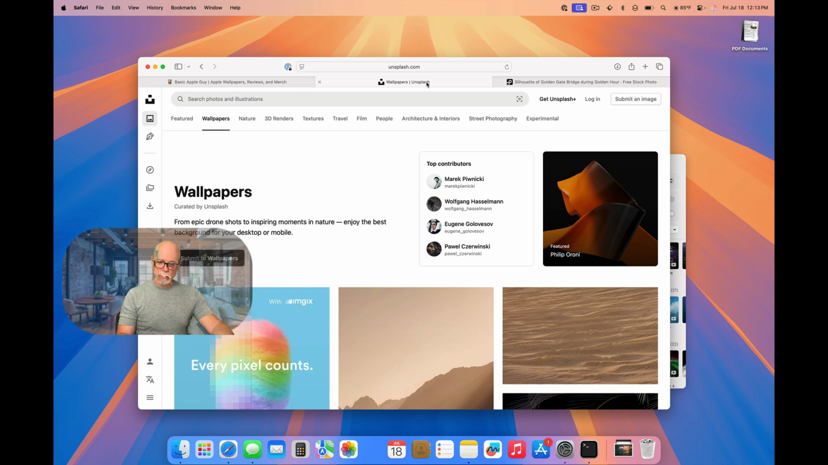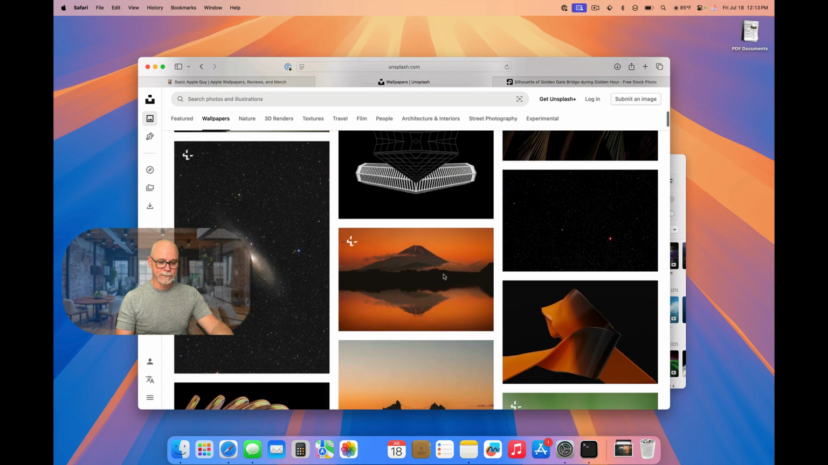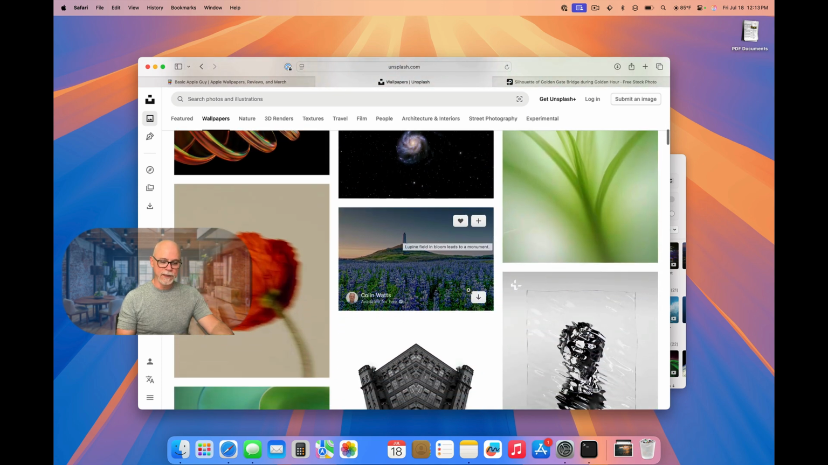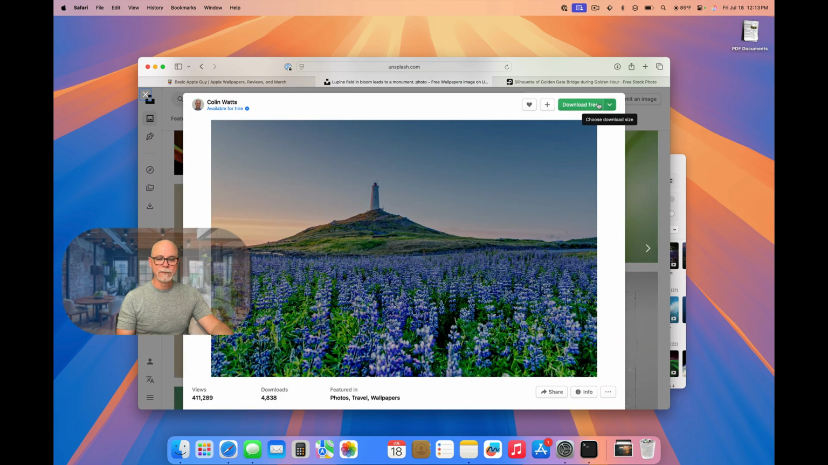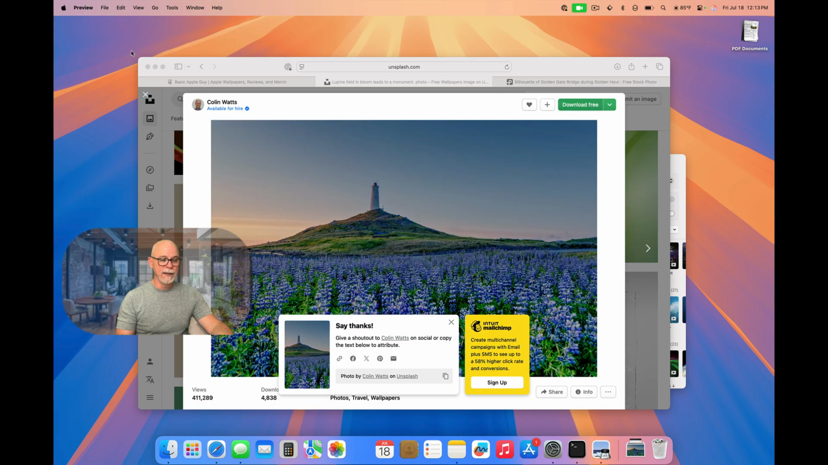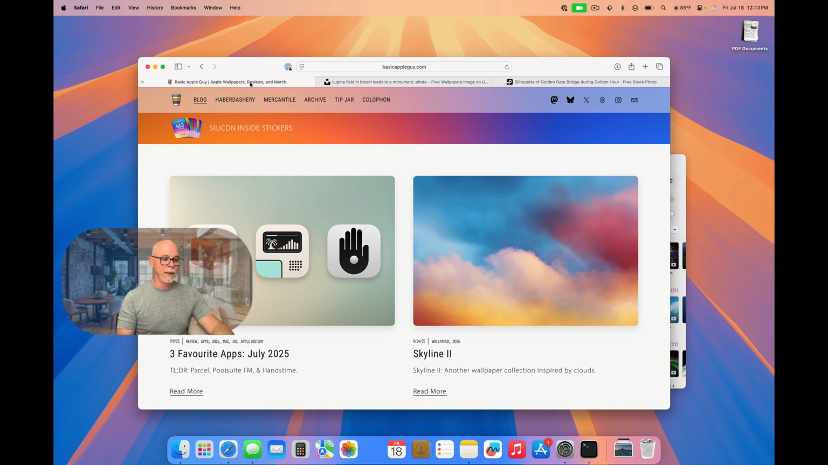Let's go over to unsplash.com and see what they have there in their wallpapers collection. This one here of a lighthouse, that draws my attention. Let's click into that. Let's download it for free. It goes down to my Downloads folder, opens in Preview. And now let's go visit Basic Apple Guy. If you don't know about this person, I highly recommend that you stop by his website and take a look. The wallpapers that he makes available are